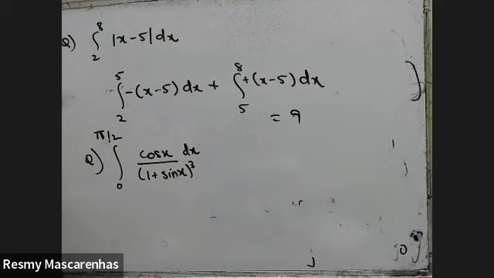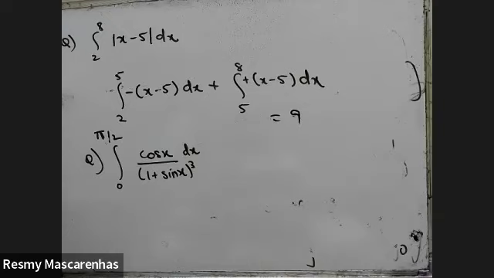You know that now there's a cos and there's sin, so some substitution has to be there. You know that the derivative of sin x is cos x. So we have to substitute the function in such a way that its derivative comes along